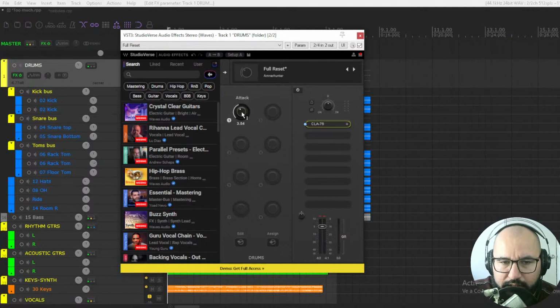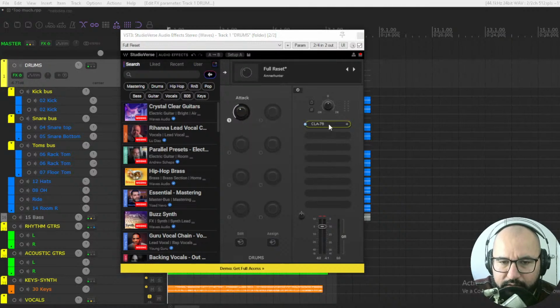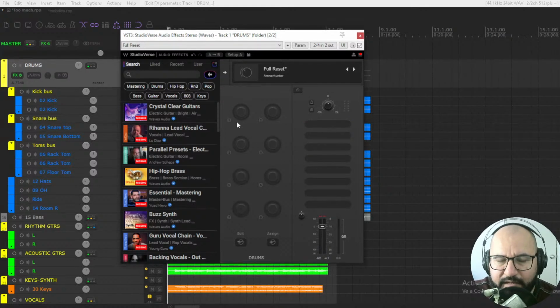Or also you can, for instance, MIDI learn, input and output, edit the macro. So yeah, that's also a cool thing. Let me remove this plugin here, right? But I think the cool thing, and the thing that Waves is selling the most in these free plugins, is